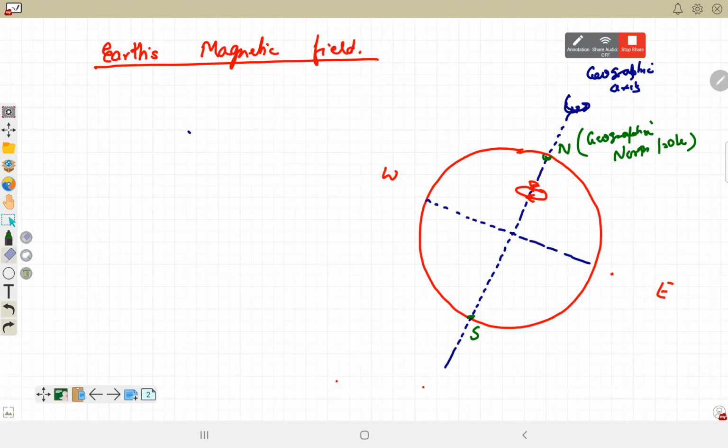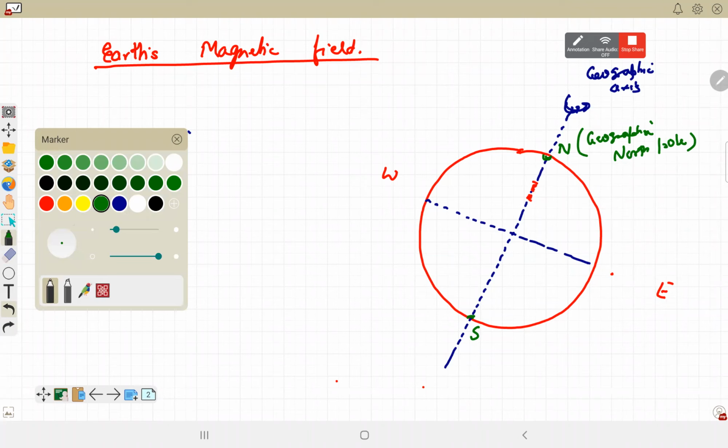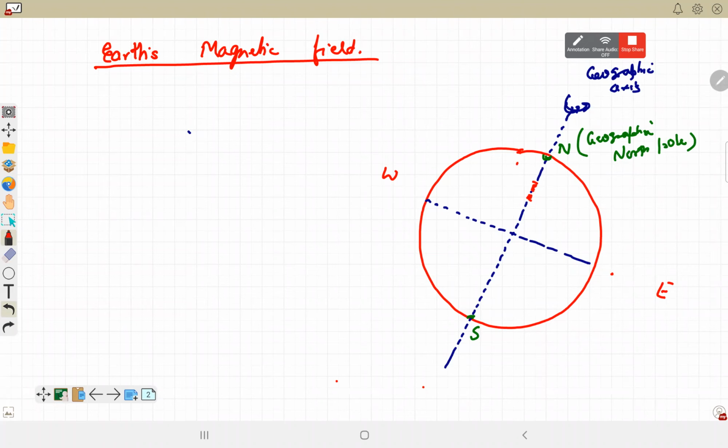You understood this logic? Because electron is going from west to east, Earth is rotating from west to east. Due to that rotation, Earth has its electric current from east to west. So there is a magnetic axis on which we can assume Earth's magnet to be present. The Earth magnet, if we assume that there is a magnet inside,